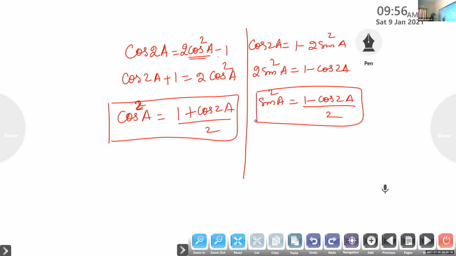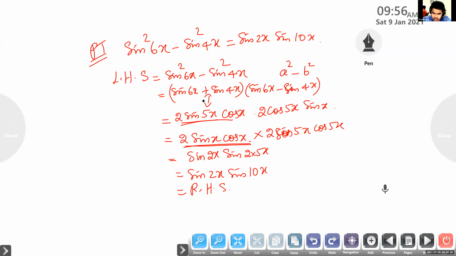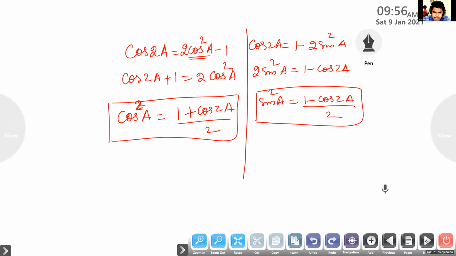You can use this in the previous question. So here, what is cos square 2x? We can write this as 1 plus cos. Ma'am, can you show that last page again? If it is a, we write double of that one here. Cos square a is 1 plus cos 2a by 2. Sine square a is 1 minus cos 2a by 2.